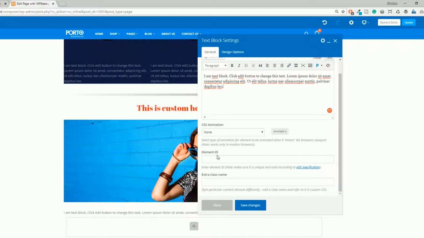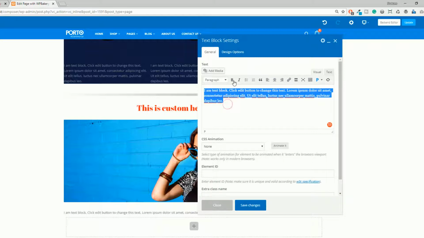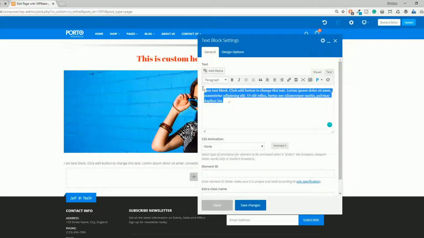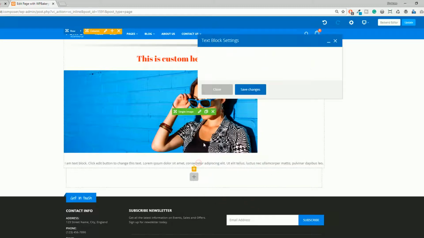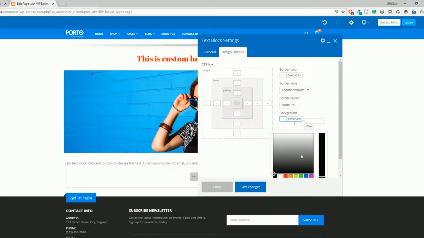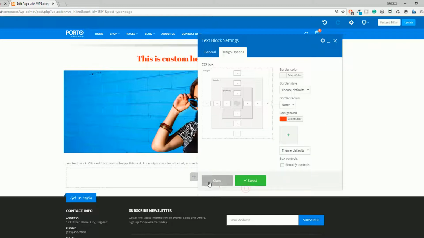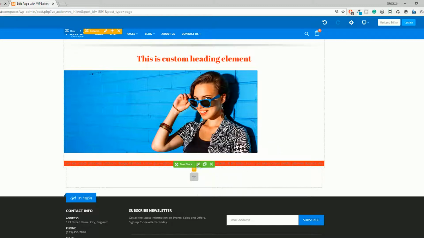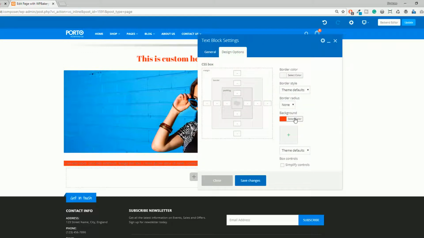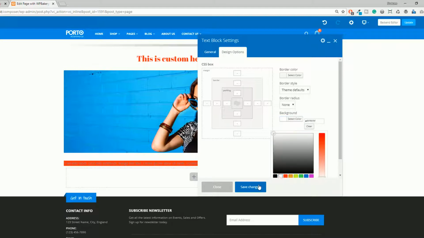So elements, you can add anything here. You can add the animations, external styling and ID, and you can add the bold and whatever you want to add. Just click on this, click on this. So as you can see, it's showing by default from the left side. Just click on the center, so it's showing from the center side. So this is the text area. Design options, you can add the background color. For suppose if you want to select the background color, this, so you can see this is the background color. So each element has its own functionality and has its own nature, so it's totally depend upon you. Okay,